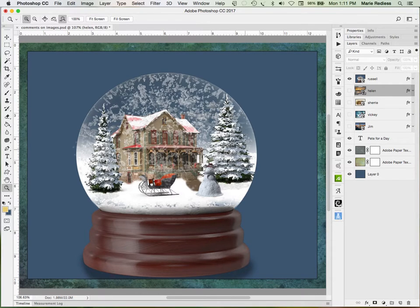I love this snow or ice or whatever it is in the background. It fits well. It has the same distortion as the snow globe. Maybe that is the globe that came directly from pixel squid that had the snow in it. I'm not sure, but it's well done. The trees fit in very nicely, as does the sleigh. The snowman,